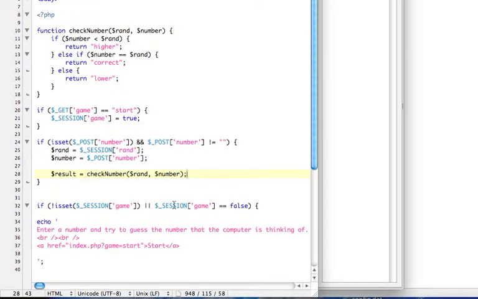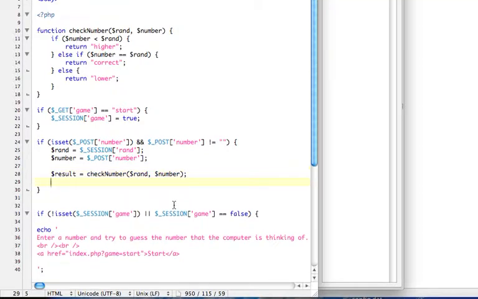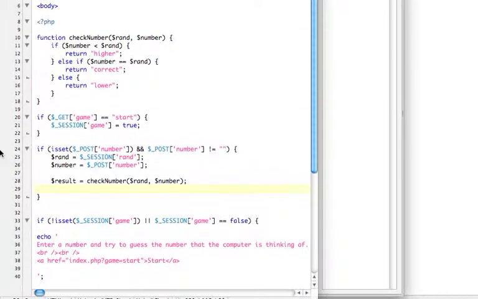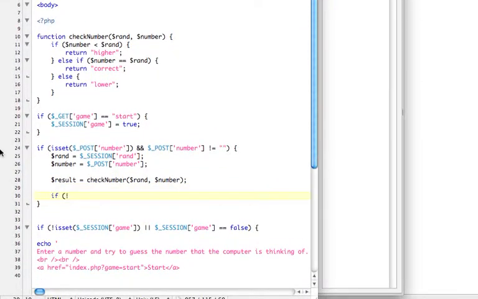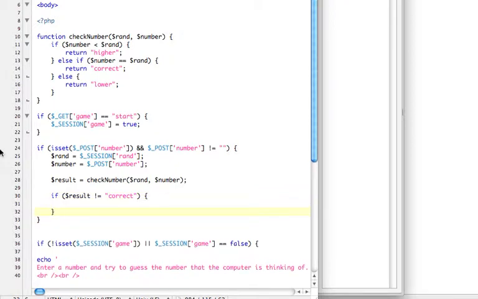Yes, down here. So let's see, if result is not equal to correct, all we want to do is echo what happened, and then a new line. So again, our dollar, so we can make this, and a break line. Let's close that off. And otherwise,